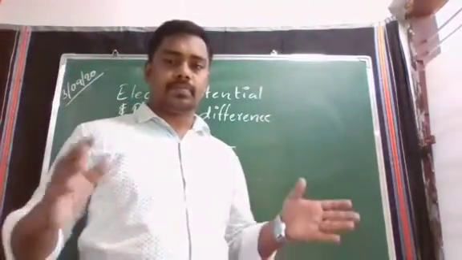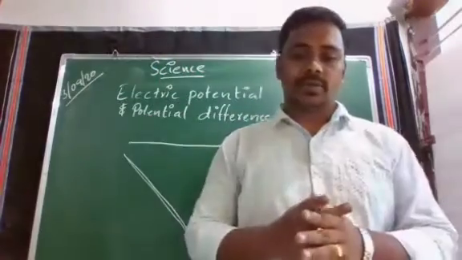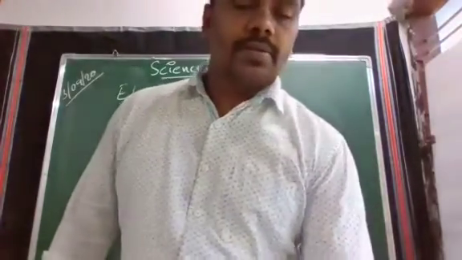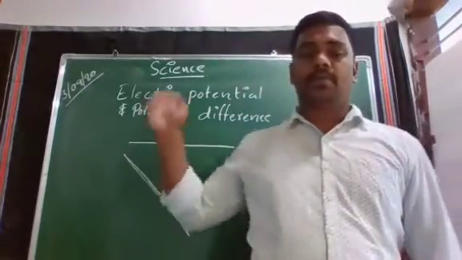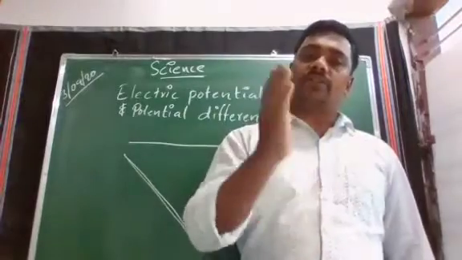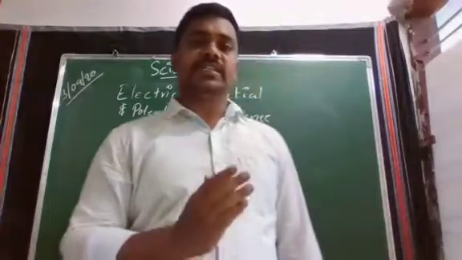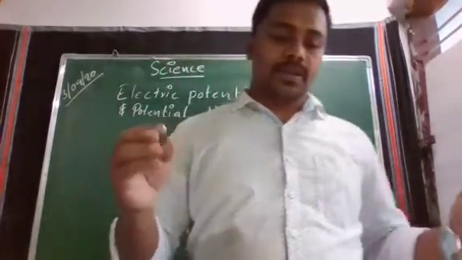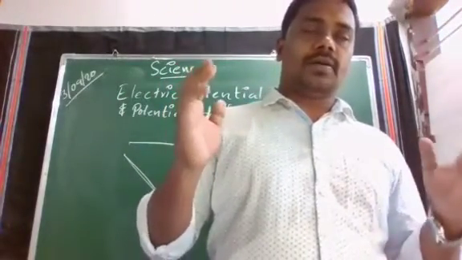Gravity is not having any role here, but the electrons will flow only when there is a pressure inside. If there is a pressure difference between two points, this pressure difference is called